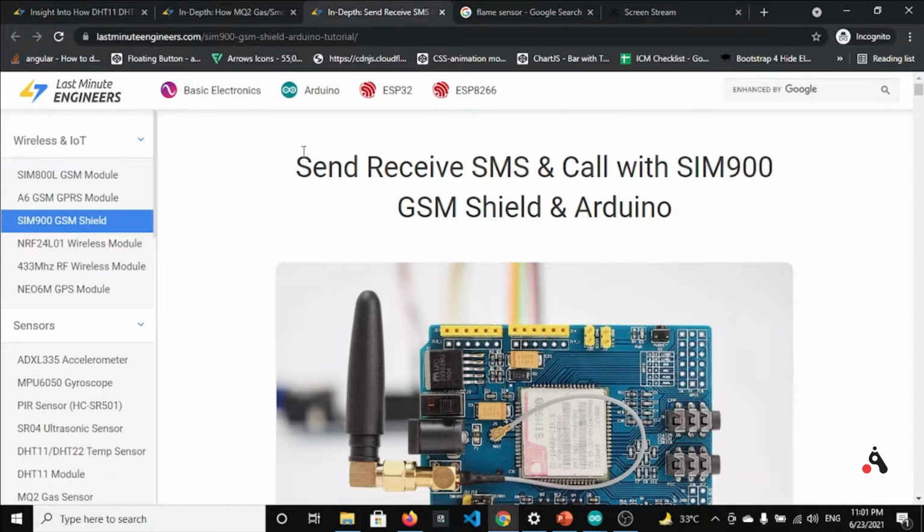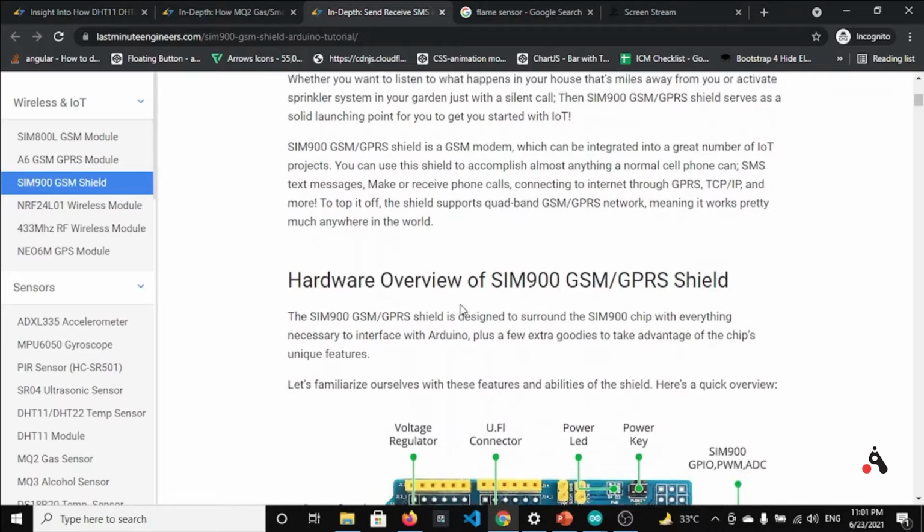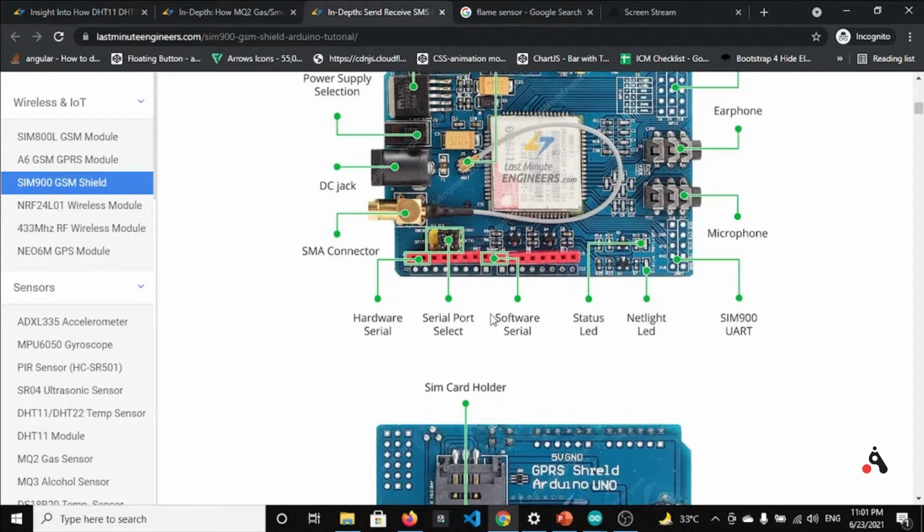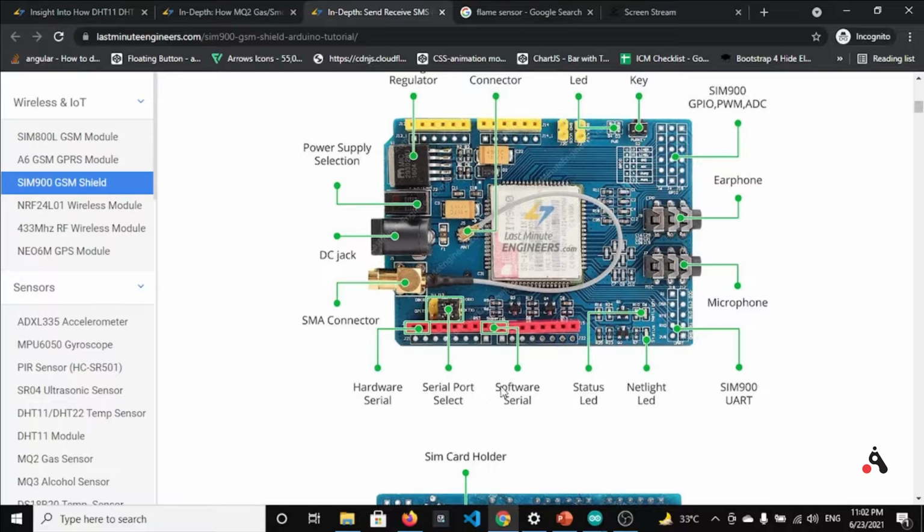You can also see the same documentation of SIM900 on this website. For this SIM900 board, we need to supply 12 volt, and we can supply it from this DC jack right here. We have to use these serial pins. We can send data using the serial port of Arduino.